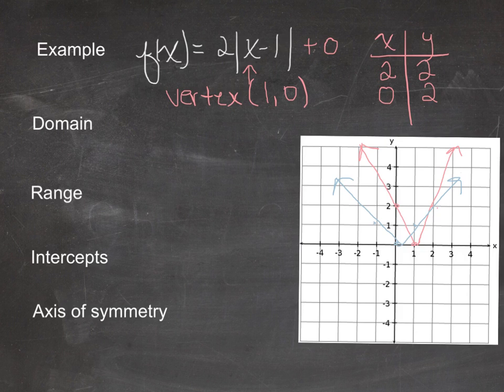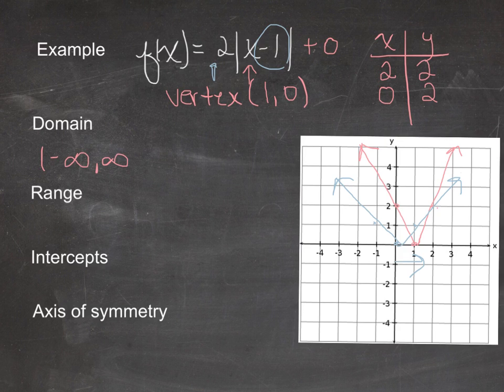So you can see what happened was that I shifted my parent function 1 unit to the right, and it got a little bit narrower because of that 2 in front. So the shift to the right came from this minus 1, and it became a little bit narrower because of the 2. So the domain of my example that I'm looking at is going to be negative infinity to positive